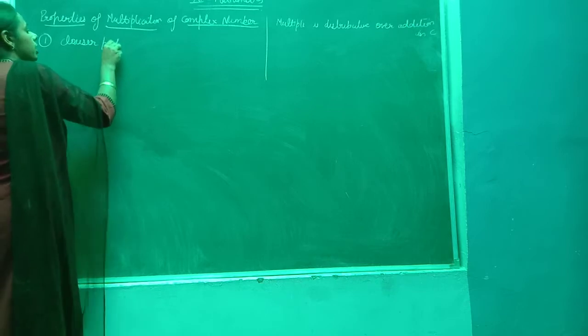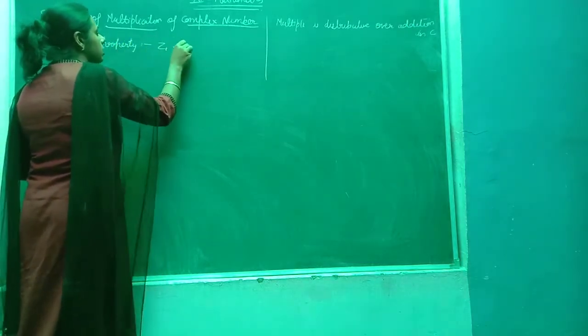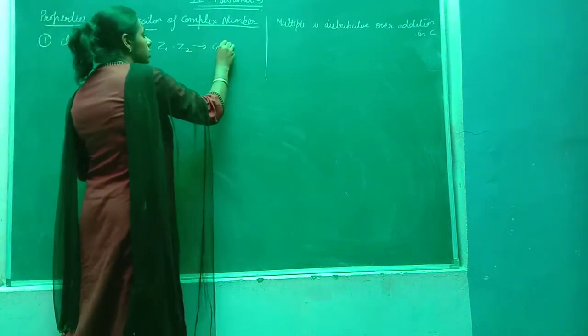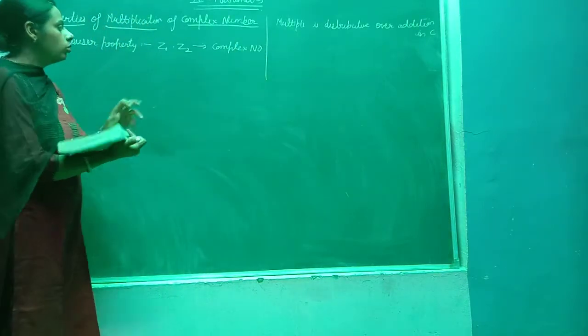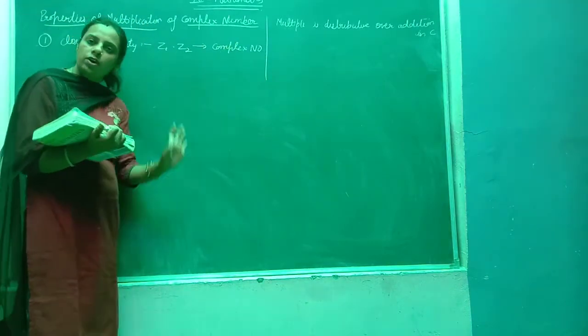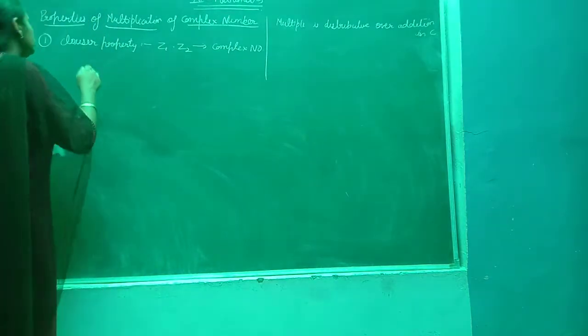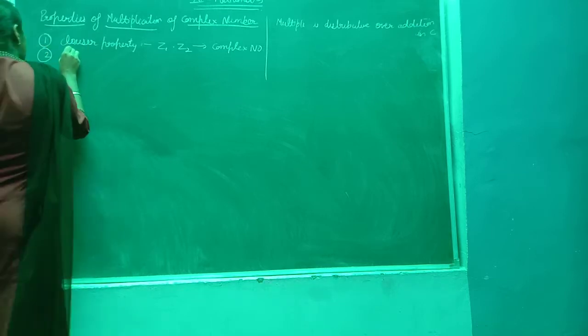Okay, here is also the closure property. When you take two complex numbers, the product of the two complex numbers is also a complex number. So the closure property holds. You have already checked that the product of two complex numbers is also in the form of a complex number. So the closure property holds there. In the case of multiplication, come to the second property, that is the commutative property.